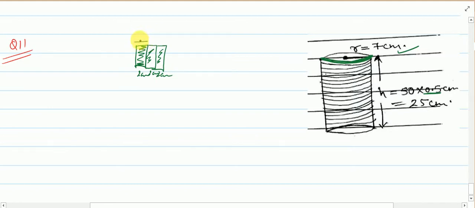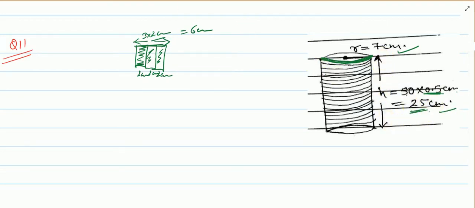Now if I ask you what would be this total length, then here you can see that 3 blocks are there and each are of width 2 centimeter. So it will be 3 into 2 centimeter, that means 6 centimeter will be total length. Yes. So same way over here you can see that thickness of one is how much? 0.5 centimeter. But how many such plates are piled? 50. So total height will be 50 into 0.5 centimeter. So that would come 25 centimeter. When you multiply you will get 25 centimeter. So total height is coming 25 centimeter.